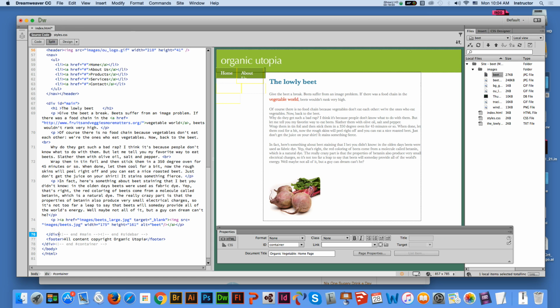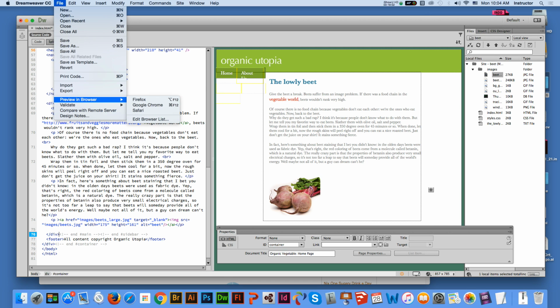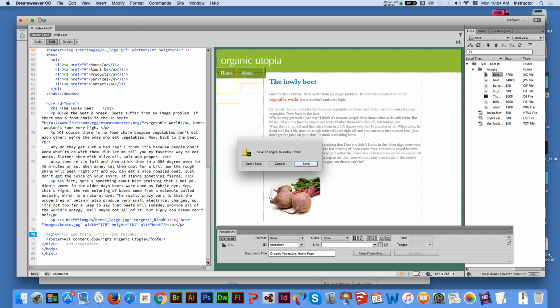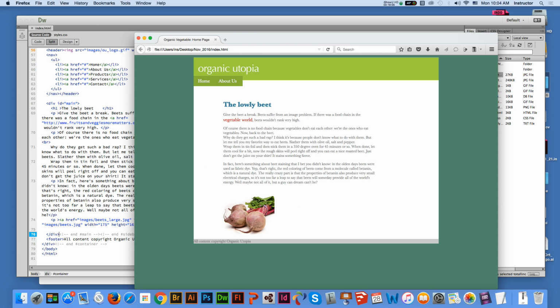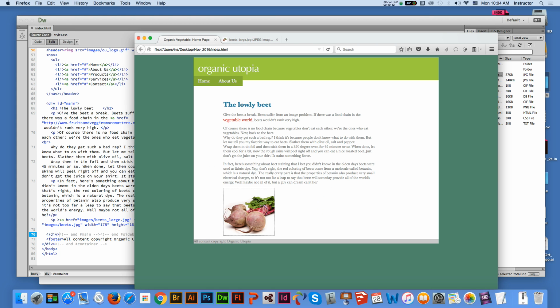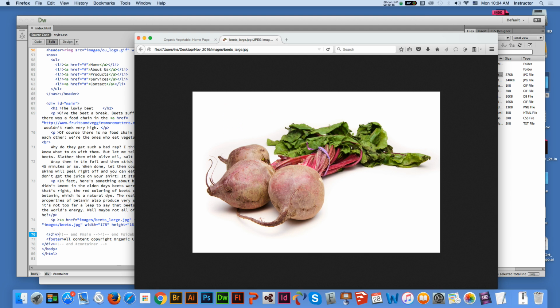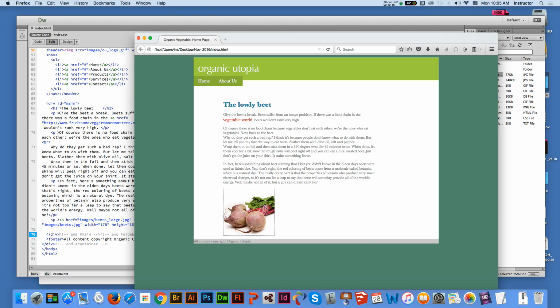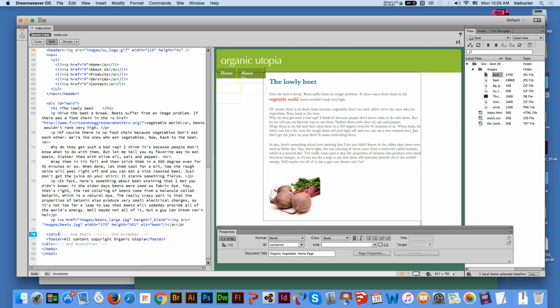Okay, so let's see how this looks. Option F12 and save this. So when I click a big image here, it opens another image. My first website is still there. It's opened another image, which is wonderful, which is what I need. And I click enter. So I'm going to put another image here,